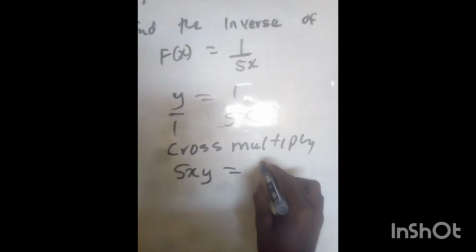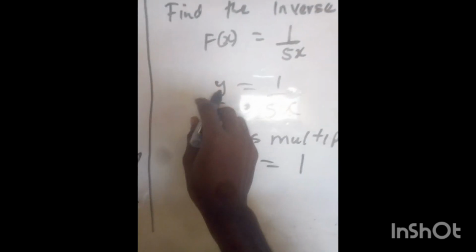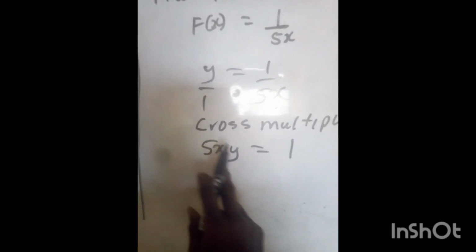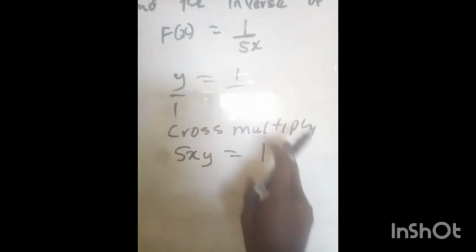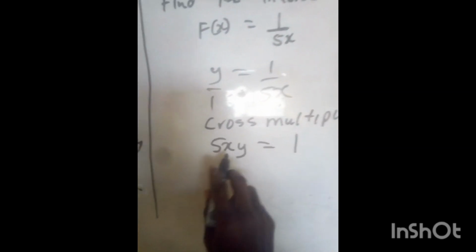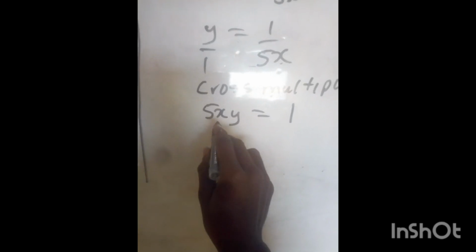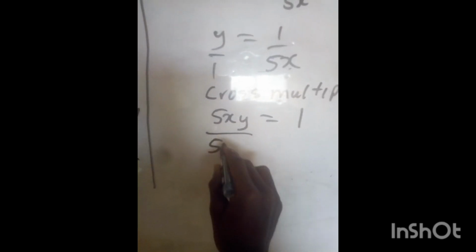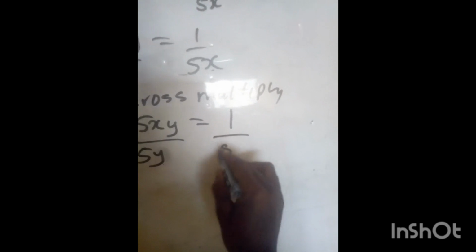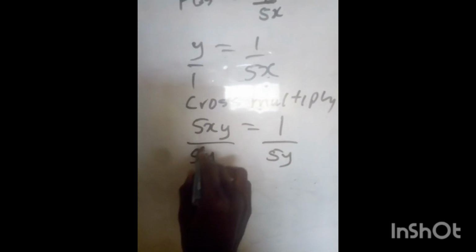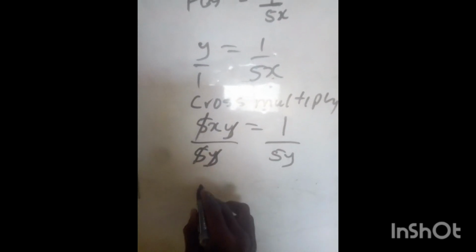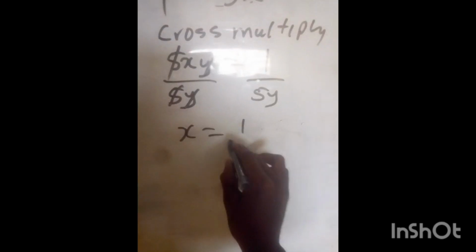5xy is equal to 1. Meaning y times 5x will give us 5xy, and 1 times 1 is equal to 1. Now for us to make x the subject of the formula, we are going to divide both sides by 5y. Then this 5 will cancel 5, y will cancel y, and our x will be equal to 1 all over